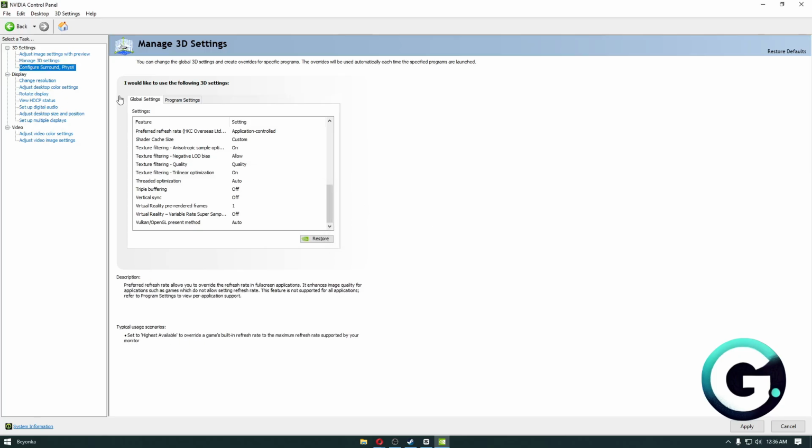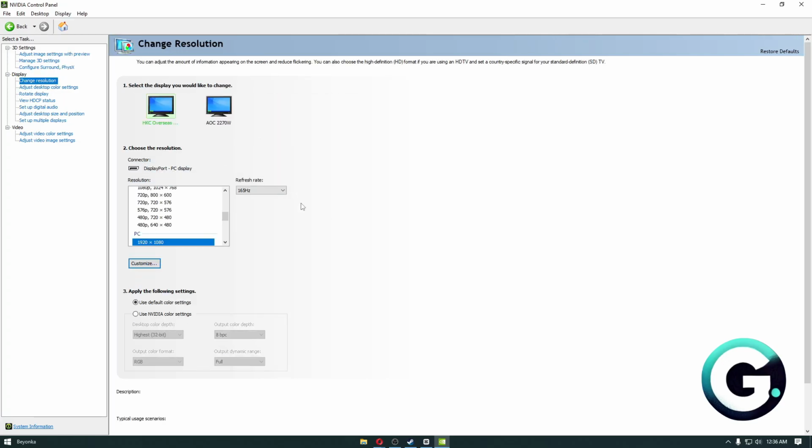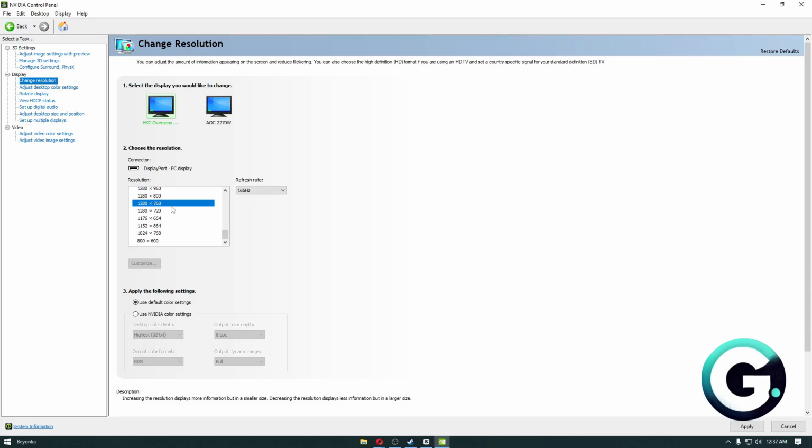Now, from there, you can then go ahead and simply navigate through the change resolution. If you're still having problems, you could try lowering down resolutions, enabling our graphics card to render less frames or less pixels, enabling us to get more frames out of our games. So as of the moment, it's rendering a lot of frames because we are using 1080p resolution. You can maybe try lowering it down into something like a stretch resolution or even 720p to get the most